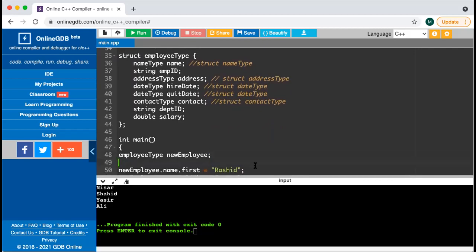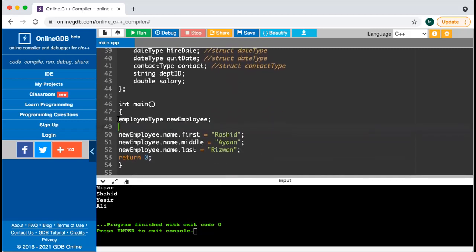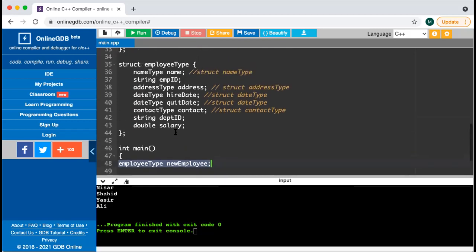Okay, in order to get the value, in order to assign the value, or in order to write down that value. So line number 48 is representing what? It is representing an instance of an employee. Say for example, a new employee has joined, so I want to enter the values of that new employee. और new employee का नाम अगर मैंने enter करना है तो new employee will first, through new employee, I will access the struct name and name variable, and from that name variable I'll actually access the first variable. So this would be new employee dot name,